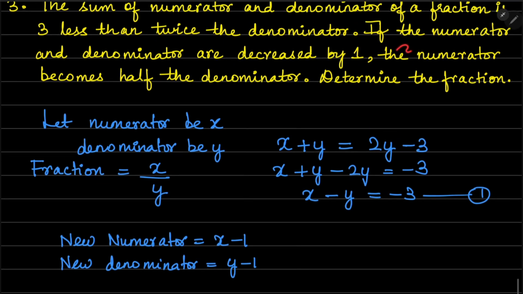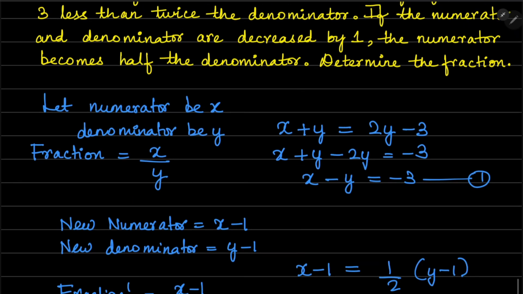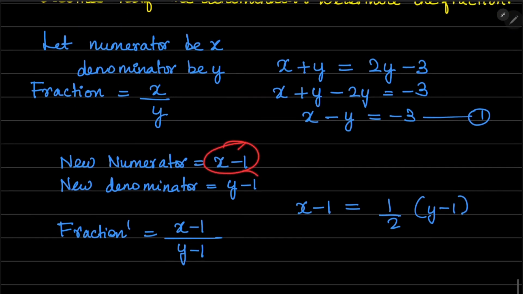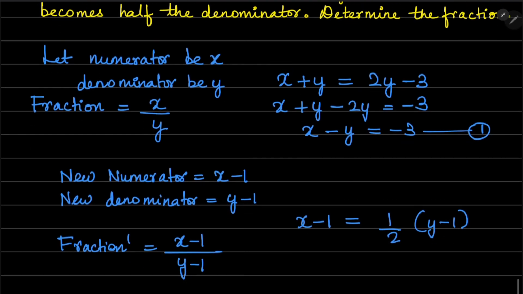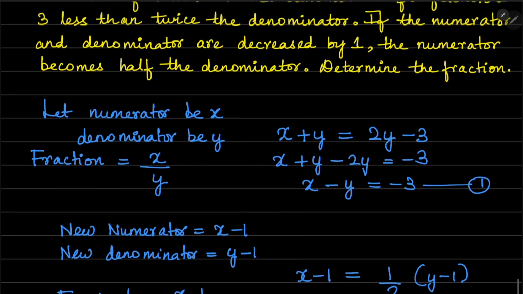Okay, so what is given here? If the numerator and denominator are decreased by 1, then the numerator becomes, what is the numerator now? x minus 1 becomes, means equal to half of the denominator, half of y minus 1. Okay, did you understand this? So it's given, if the numerator and denominator decrease by 1, first do that. Subtract numerator by 1, decrease the denominator by 1, write the new fraction. So this is your new numerator, new denominator, new fraction,